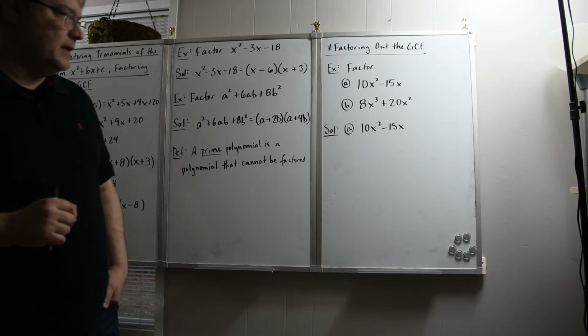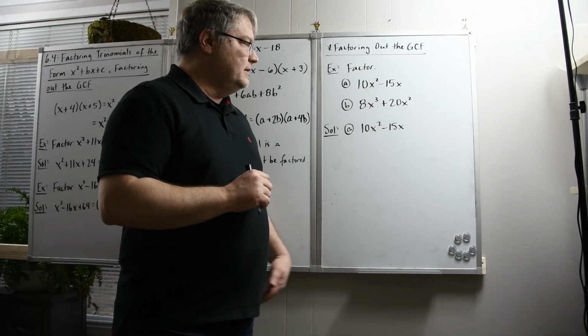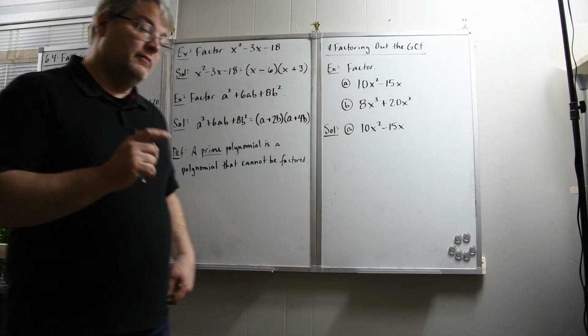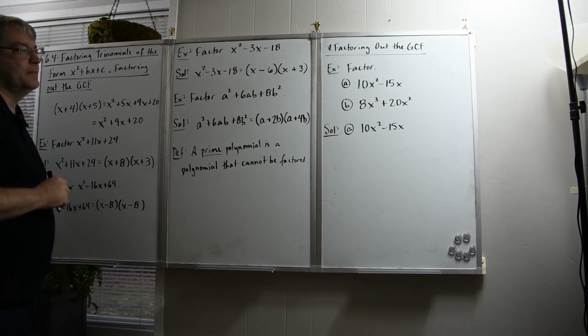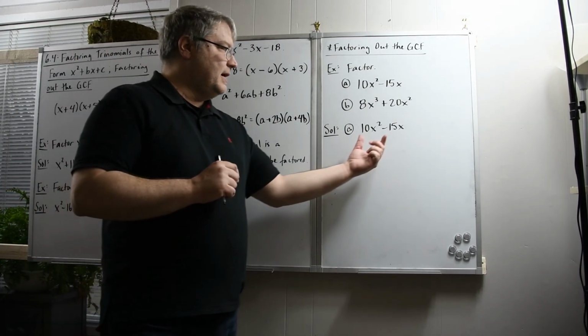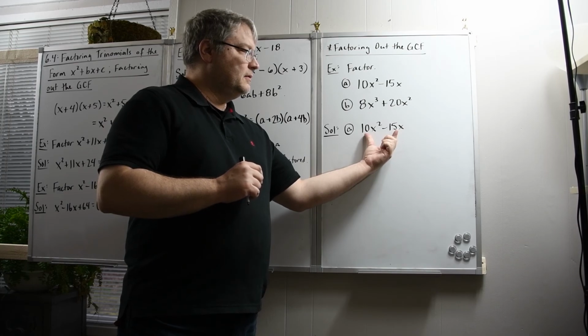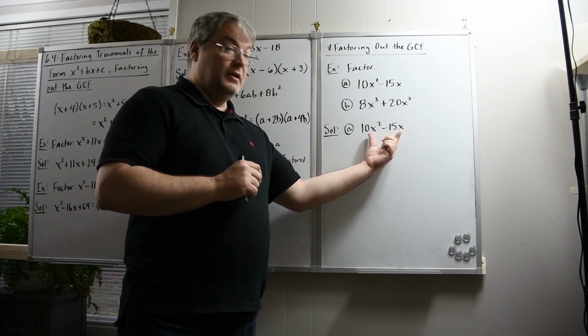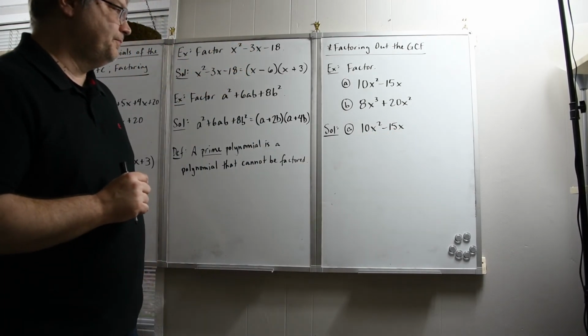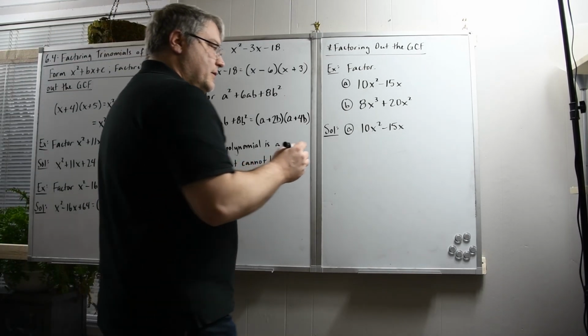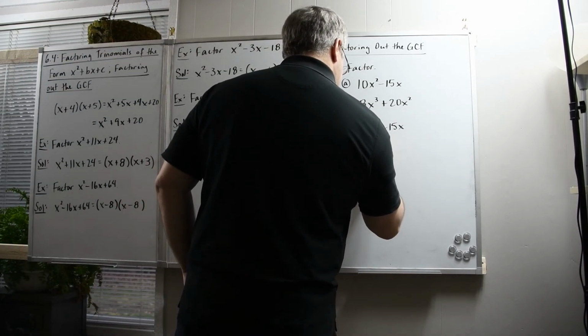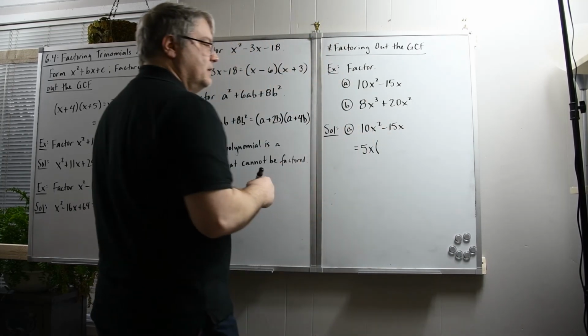But we also have to look at one other thing. And that is, what is the highest power of x that we can factor out of both terms? So it's not only the case that we can factor a 5 out of each of these terms. When you have an x and an x squared, you can also factor an x out of each. And so if I go to factor out 5x from each of these terms,